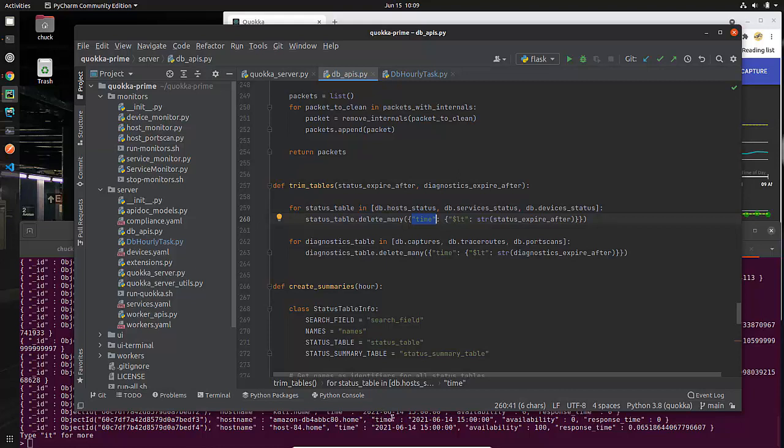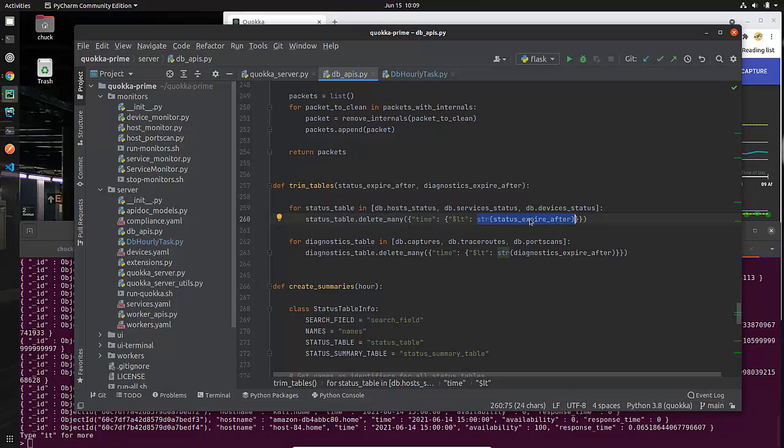But you can see this is a field in my database called time, and the actual value is itself a dictionary. Let's look at this dictionary item at a high level first. If I just look at this without knowing any details, I would say that looks like you're doing something special. That's a less than, so that is indeed what I'm doing. I'm saying I want time to be less than, and then I'm taking my expire after and making that a string. I actually don't know if my expire after may already be a string. I'm not going to look back and see, but you get the idea.